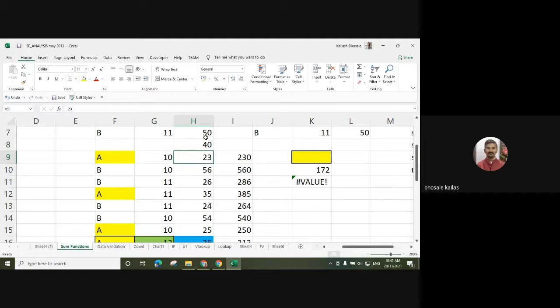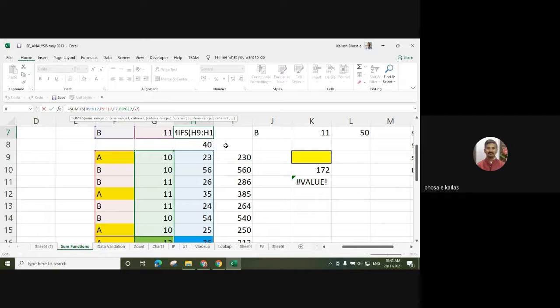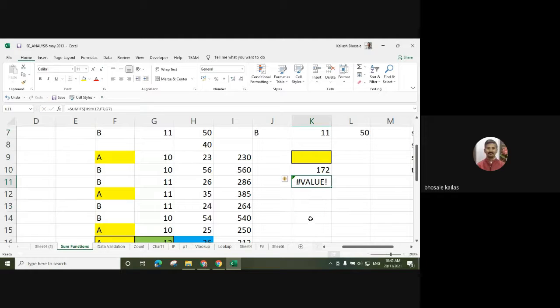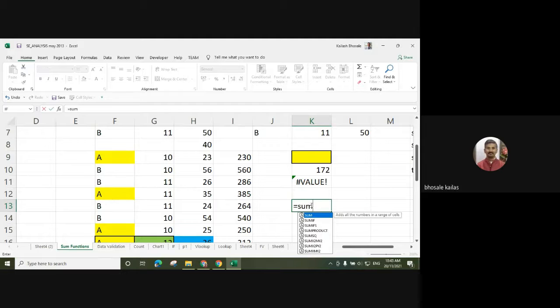SUMIFS function, this is a different one. So we'll also use this one. What is the use of this?